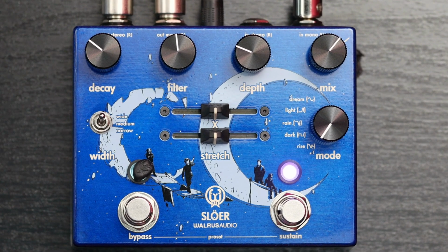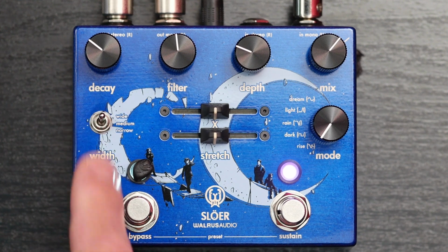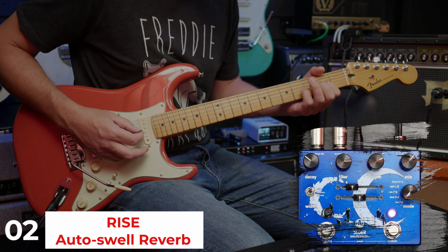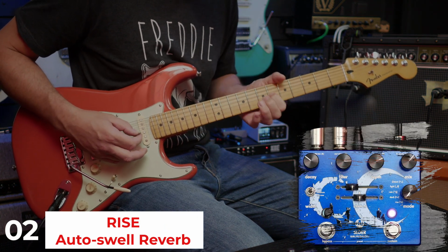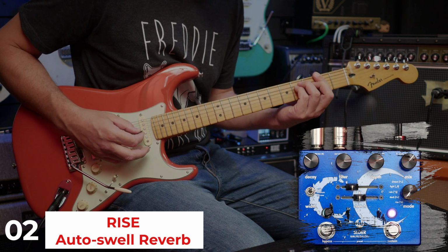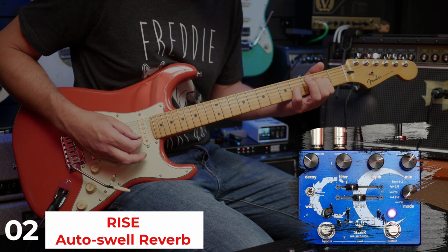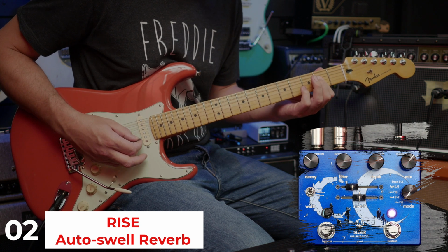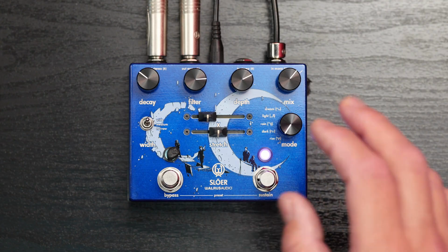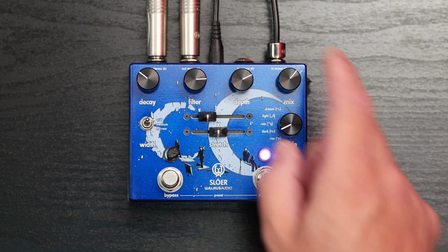The Slöer also has a width control, and I'm going to set it to wide for most of these tones, so you get the full width in that stereo field. Beautiful. Right, let's go for the dark mode for tone 2, and this adds a sub-octave to the reverb tail,